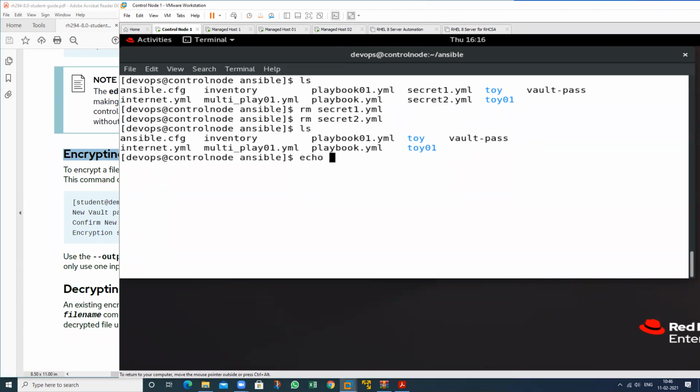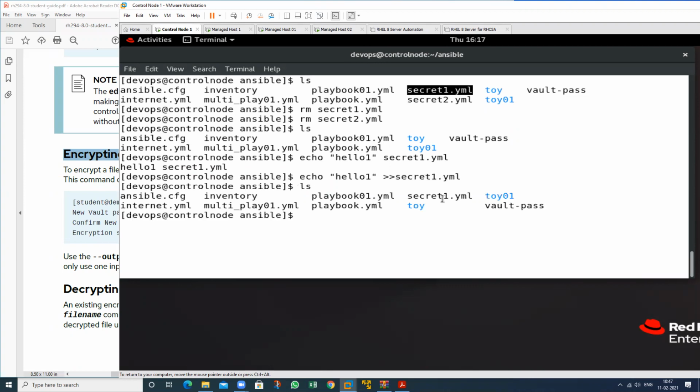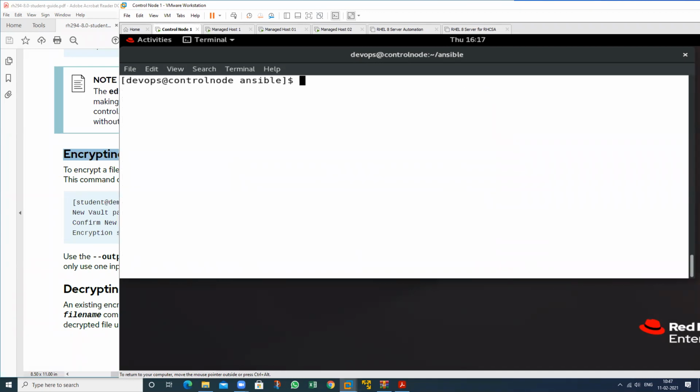I want to place some data in this, hello one. Then see, this file has been created, and I want to create another file also, 2, and place some data in 2. Then see, these 2 files have been created.